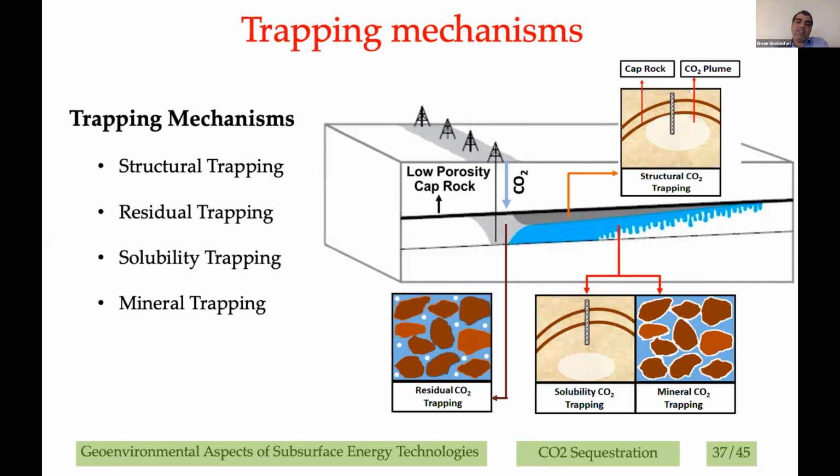So it's also important to keep in mind that this is our current understanding of how the supercritical CO2 will interact with the reservoir rock, and how these trapping mechanisms will contribute toward safe storage of CO2. But there are, again, as I mentioned, many unknowns that need to be looked at more carefully and